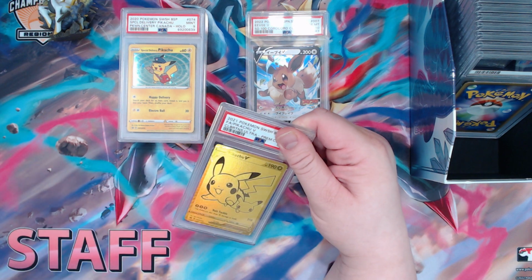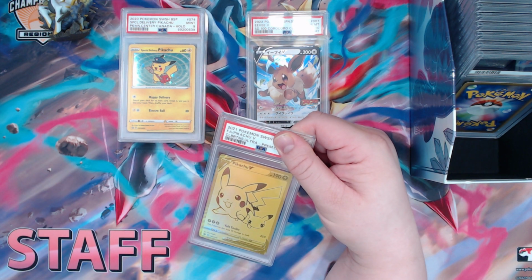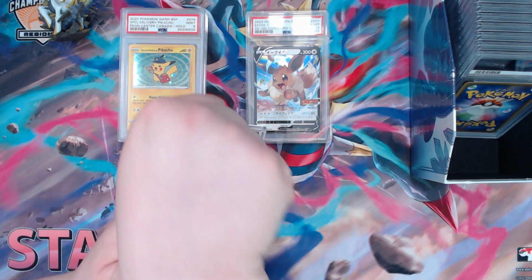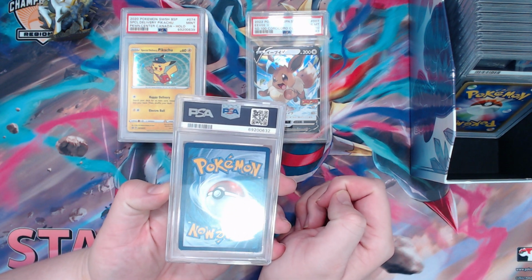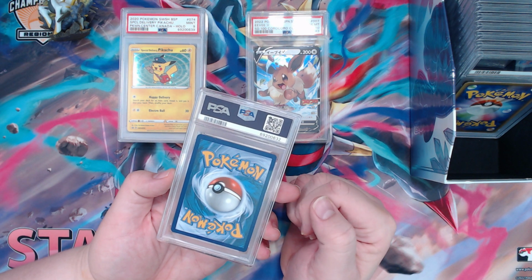Ooh, okay. Okay, this is gonna be tough. The Celebrations Ultra Premium Collection Pikachu. Are these the ones that it was kind of rough with the sides? Or was that the Charizard? I think that was the Charizard more so than... Oh, but this one's really off-center on the back. Like, real bad. But we wanted to grade this one purely because Brecklin is a Pikachu grader and...